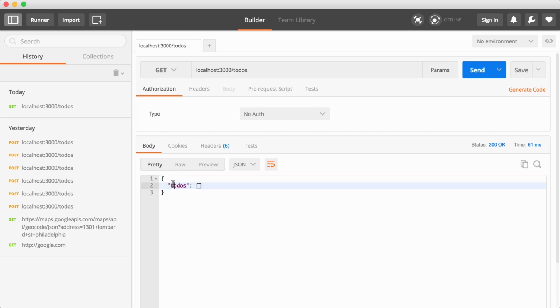We have an object, we have our to-dos property, and we have our empty array, which is expected. Now, as you've noticed, manually configuring a route every single time you want to use it gets pretty tedious, and we're going to be using a lot of the same routes over and over again. With Postman, we can actually create a collection of routes so we can refire requests without having to manually enter